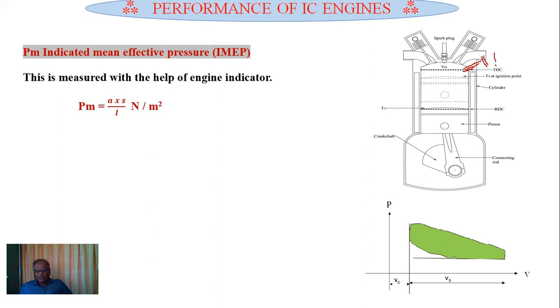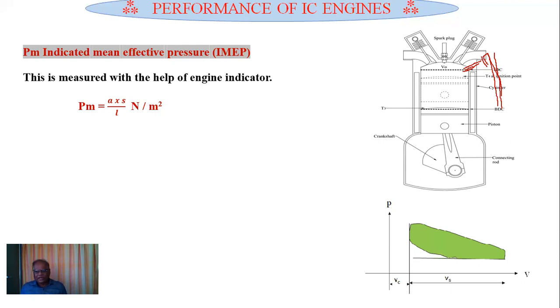Then a rotor is connected. Let me consider this a rotating shaft. This shaft takes the drive from the crankshaft. If it takes the drive from the crankshaft, there is a definite relation between the reciprocating motion of the piston and the rotary motion of this rotor. This spring compresses and expands in accordance with the pressure variation inside the cylinder and also in accordance with the volume, because as the volume decreases, pressure increases.